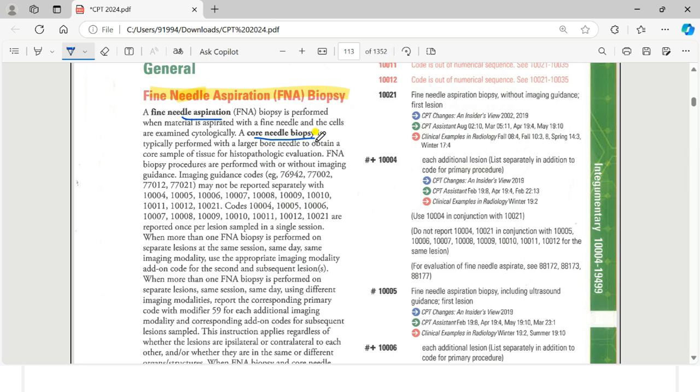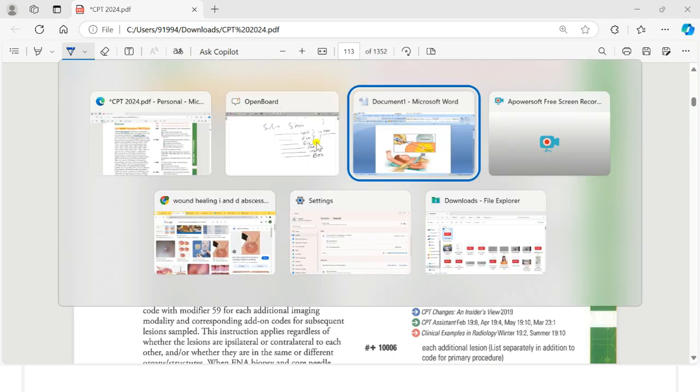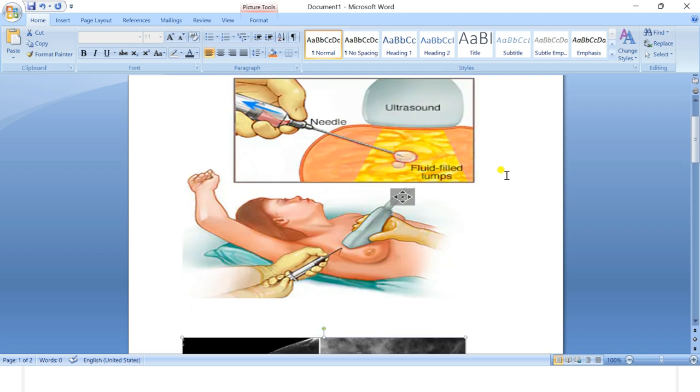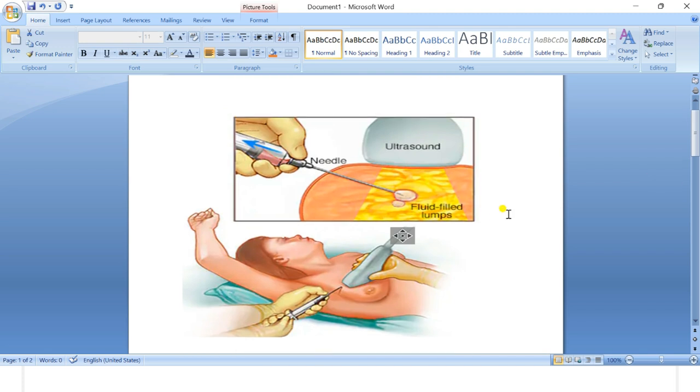Okay, so first we will see the fine needle aspiration. What is a fine needle aspiration? If we go to this picture, aspiration is nothing but the removal of the fluid. Why will the provider do the fine needle aspiration and the core needle biopsy? Suppose the patient is having some fluid-formed content in the body, some abnormal growth.